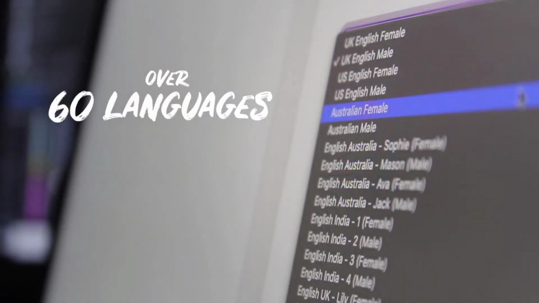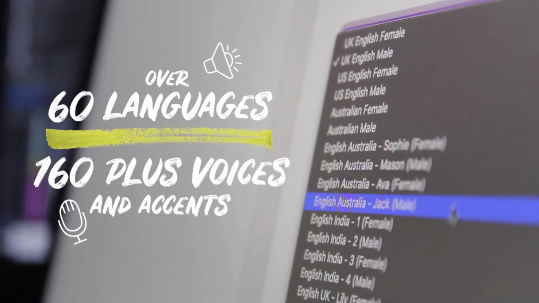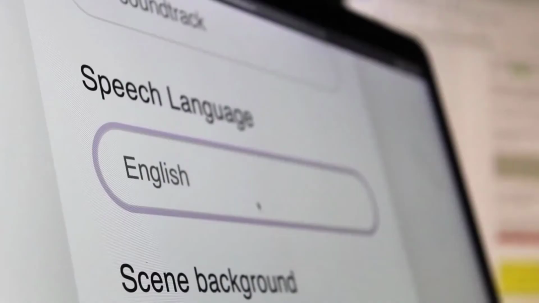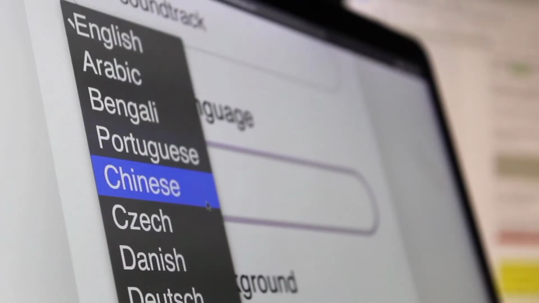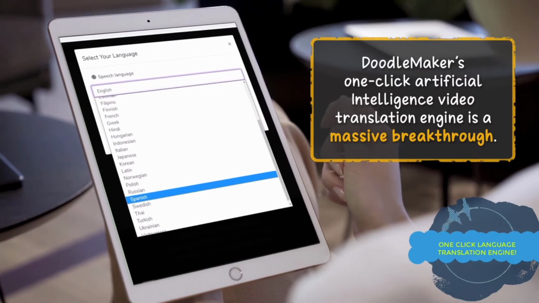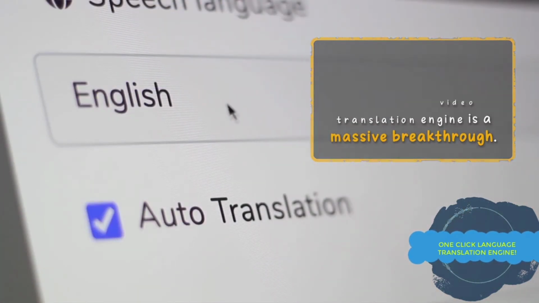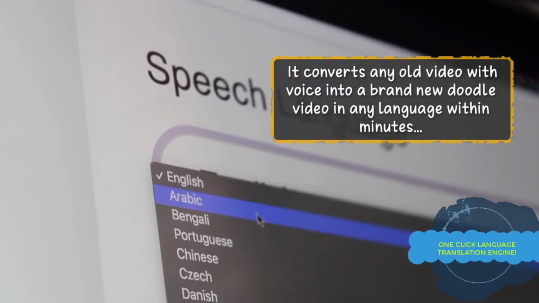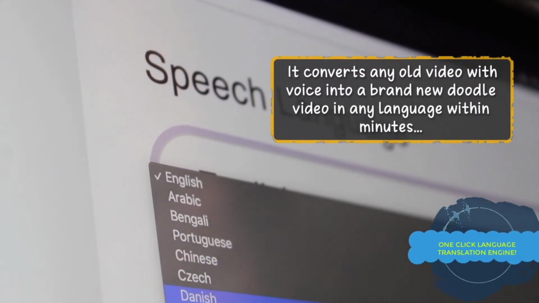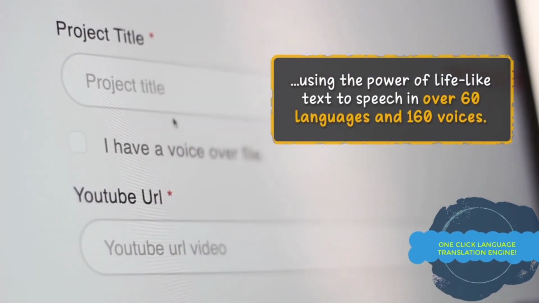With our award-winning text-to-speech engine, you can create unlimited captivating doodle videos in over 60 plus languages that includes 160 male and female voices, and you have no limits in the usage of our text-to-speech engine ever. And to take your video creation to the next level, you can use DoodleMaker's one-click artificial intelligence video translation engine, which converts any video, including your existing DoodleMaker projects, into another language automatically, so you can reach international audiences without